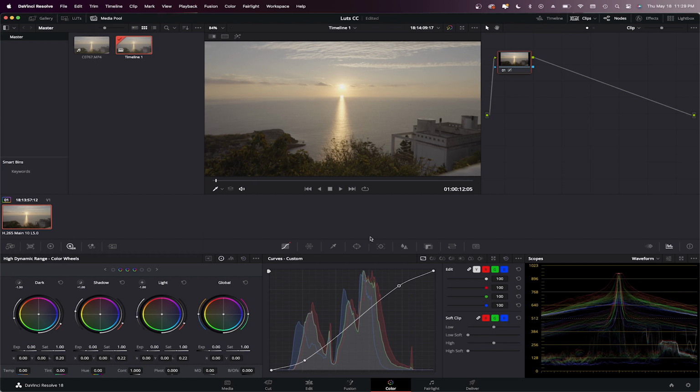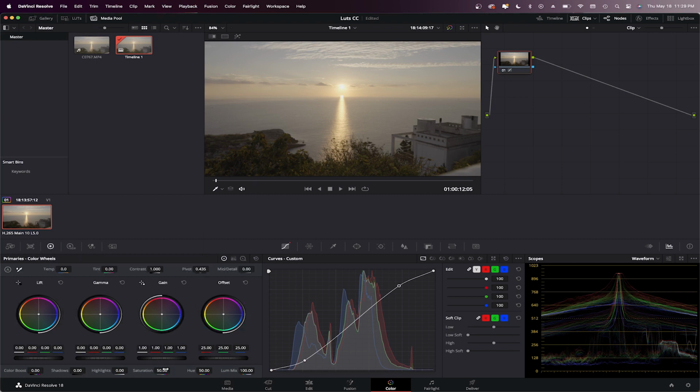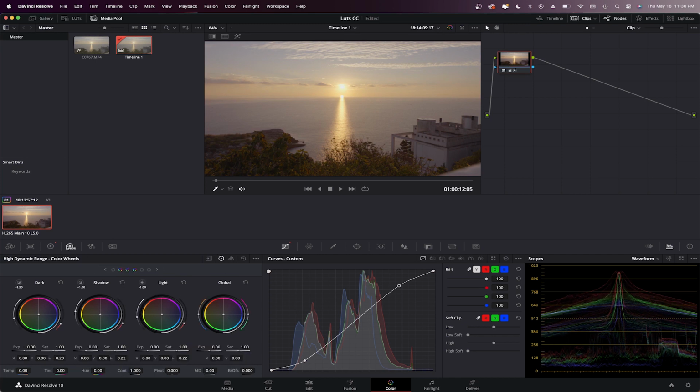In the tab of Primary Color Wheels, I'm just going to increase the saturation and play around with the colors on Gamma to make it a bit more pinkish. With Offset, I'll balance out the color a bit. There, yeah. On the HDR tab, I want the yellow in the grass to pop more. So in shadows, I'll add more yellow in there. Also in light,